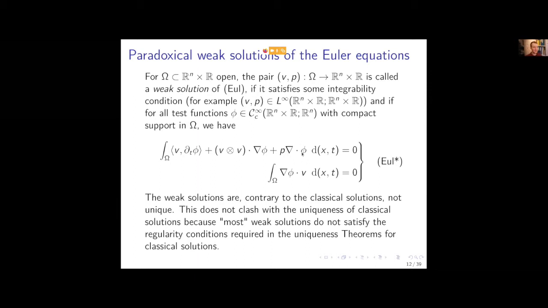So this is just the weak interpretation of all of the terms we had before, and you can see that with this usual approach, we suddenly don't need any derivative of v, the velocity, or of p, the pressure, anymore, right? So if v and p are not differentiable, it doesn't matter. This is all well defined, right? Because all of the derivatives have been moved to phi.